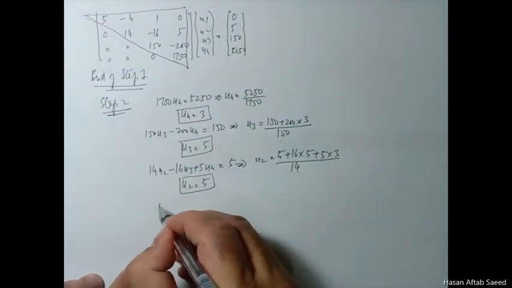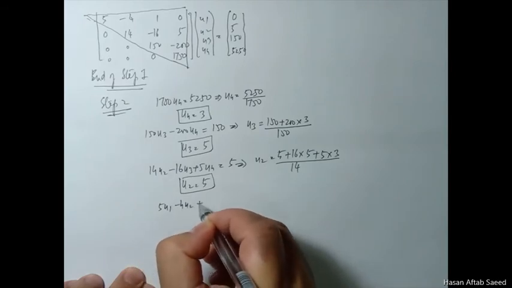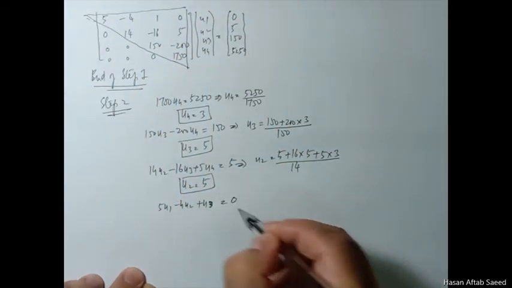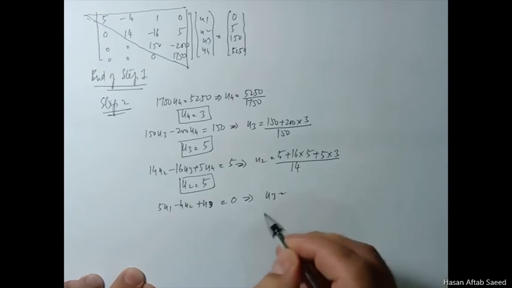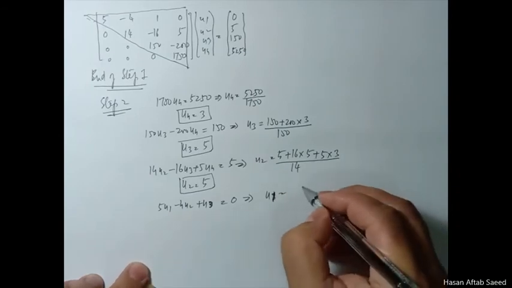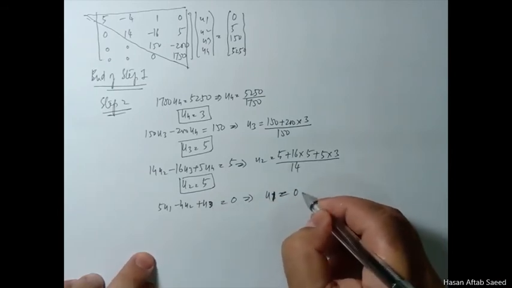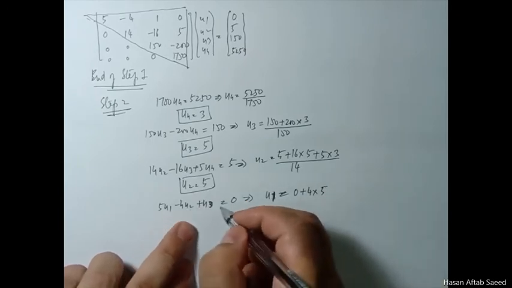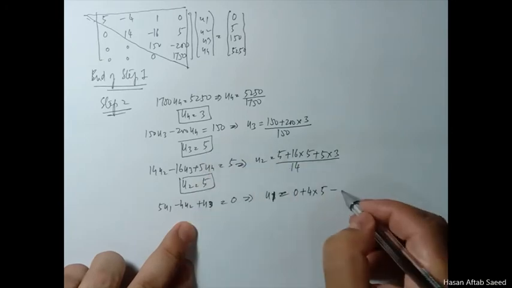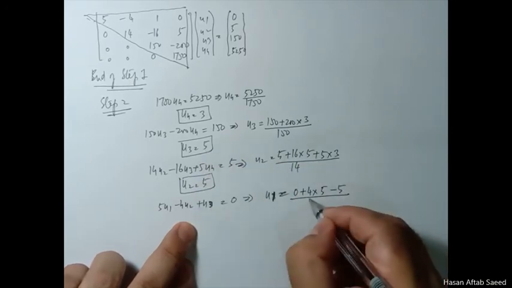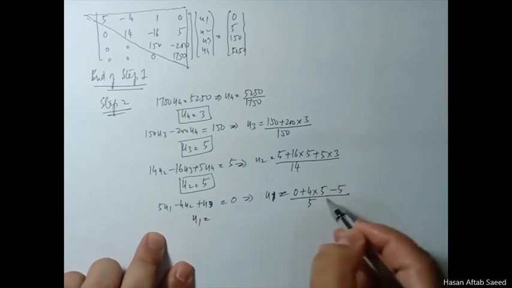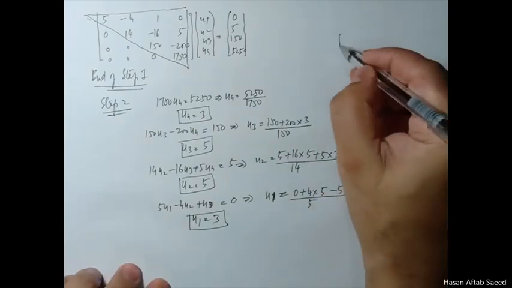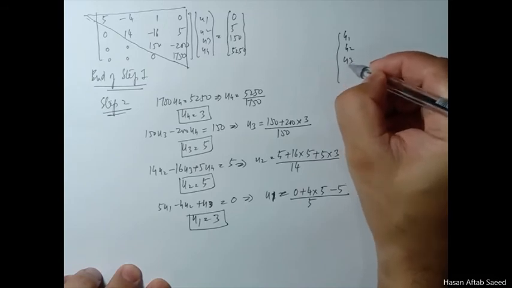So you have 5u1 minus 4u2 plus u3, and this is 0, so we need not bother about that, is equal to 0, which implies that u1 is equal to 0 plus 4 into u2, which is 5, minus u3, which is 5, over 5, that is, turns out to be 3. So in summary, you have u1, u2, u3, u4,